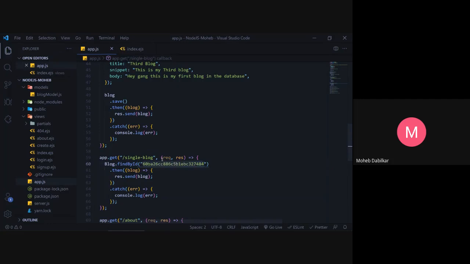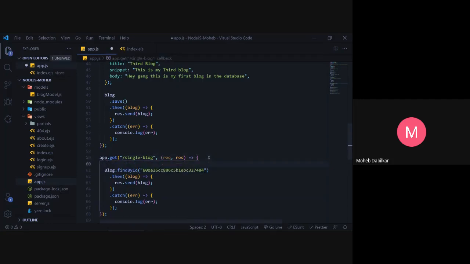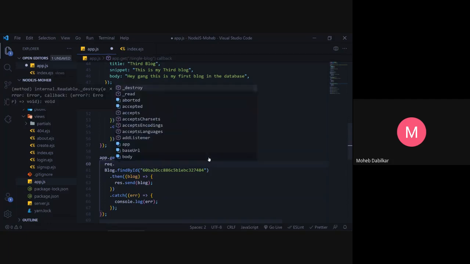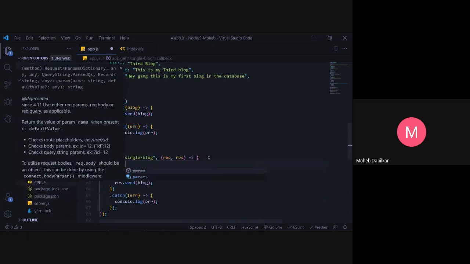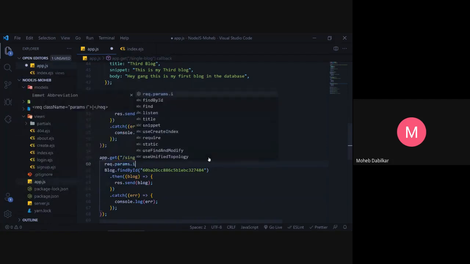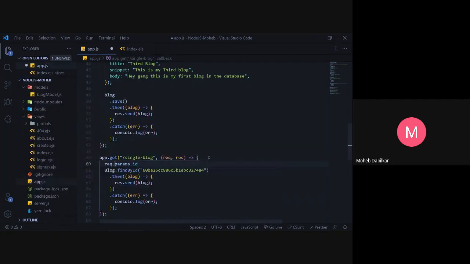So what we do is we take in something known as a parameter. We use request.params.id, and blogId equals that.